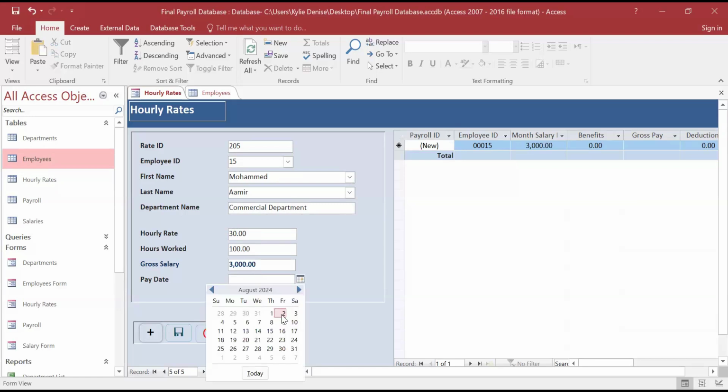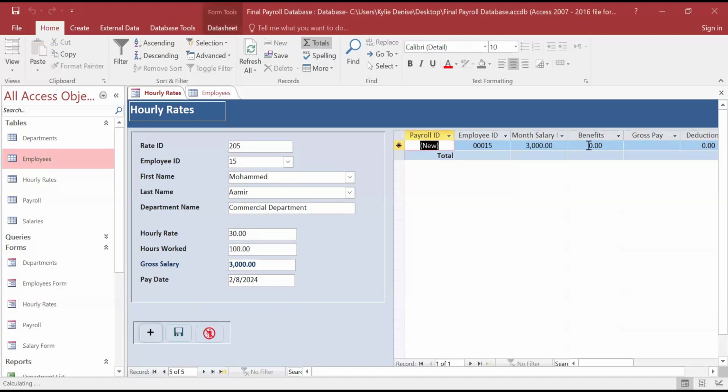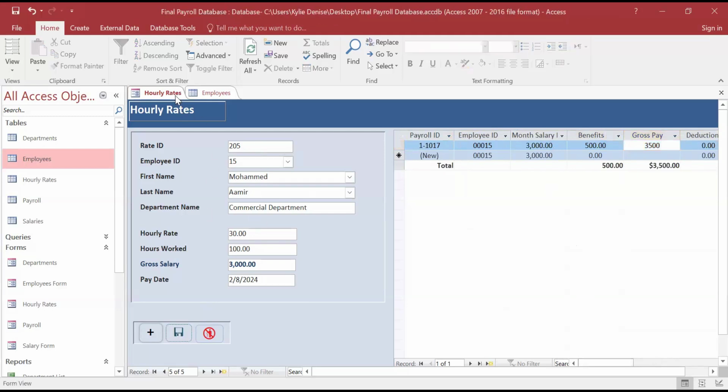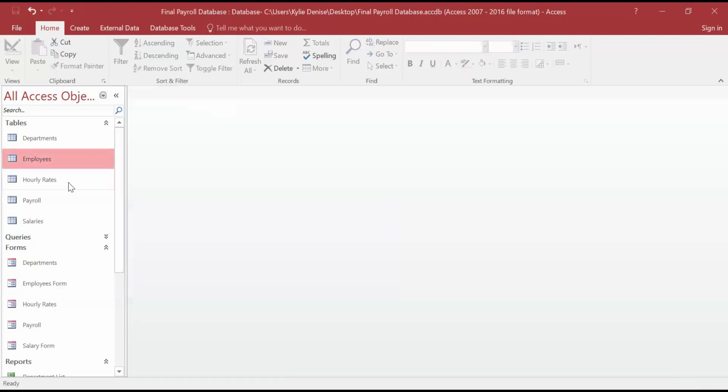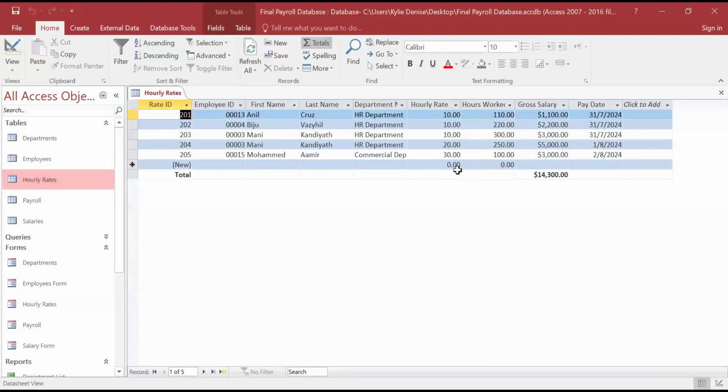Let's say we will pay today, and let's say you have other benefits like overtime, say overtime for 500. So the gross pay will automatically come here, and tax withheld also. Same format as the salary form. Then save. Then I will close here. If I close that one, your salary will appear here.